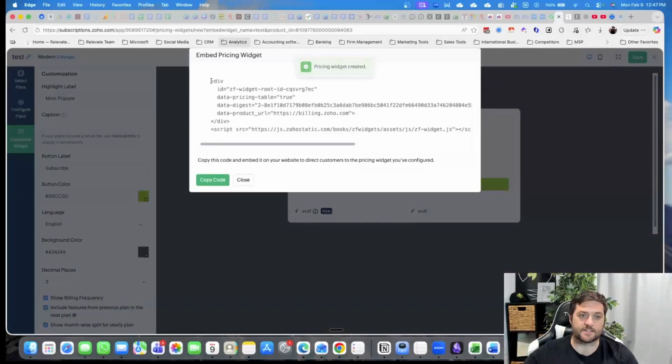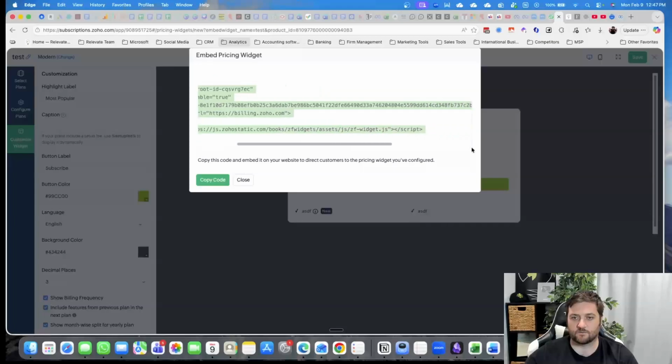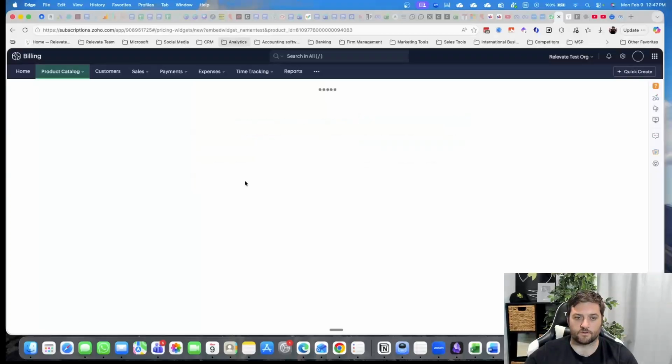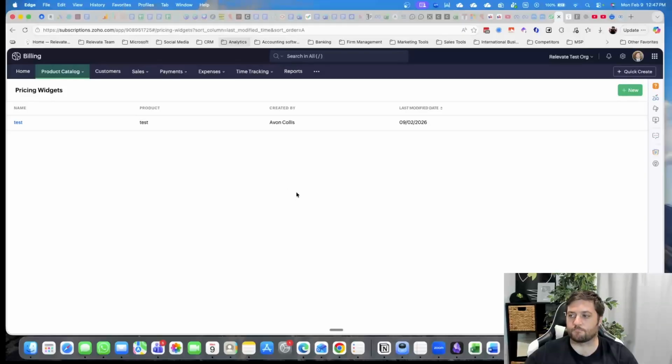Okay, and then that's the code that you would then paste into your website so that you could have that pricing widget already built for you. Now, personally, I prefer to use the pricing widgets built into the website platform that I use, which for me is WordPress using Elementor. And so I use the Elementor design elements,